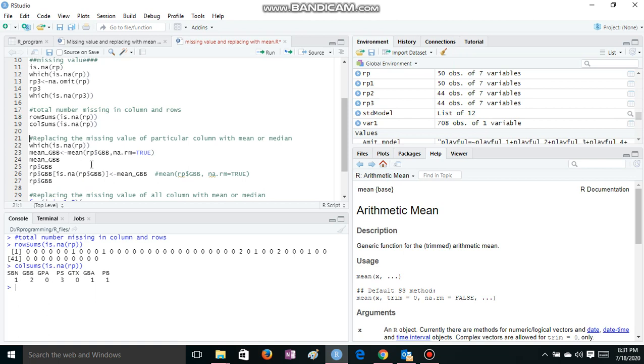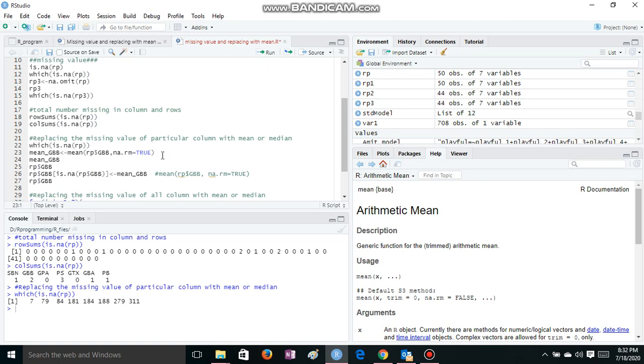Now what I have taken here as an example is a particular column, one column or one row at a time. What I have taken right here is only one column. So here RP dollar GBB reflects the column, that is the GBB column, right? First we'll start with trying to find which spaces or locations have the NA.